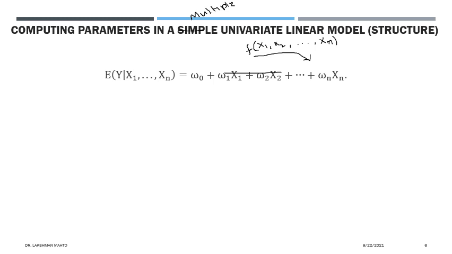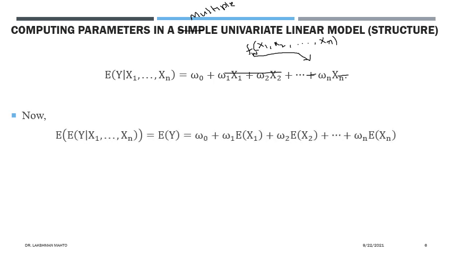That means linearity is coming. So this function has been defined by these parameters. Don't say that this function is defined by x1, x2, x3. All these are the arguments of this function, and w1, w2, w3 are the parameters which define this function. So f is having a parameter, so you can put w here this way. So we are taking a linear approximation of this hypothesis function. Now we need to apply expectation on both sides. If you apply expectation on both sides, we will get an expression through the property of the law of iterated expectation, a representation of the expectation of y like this.